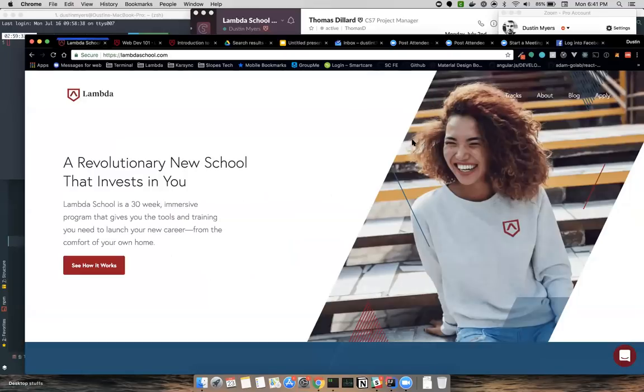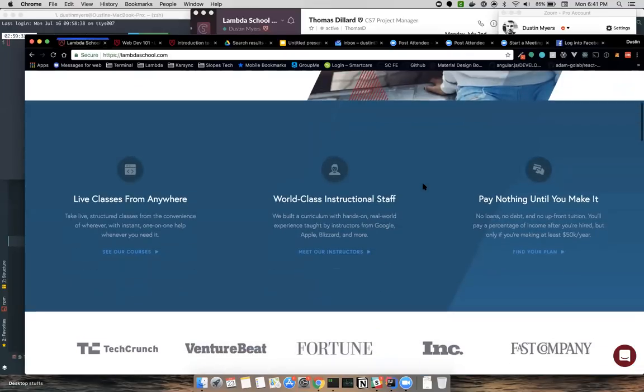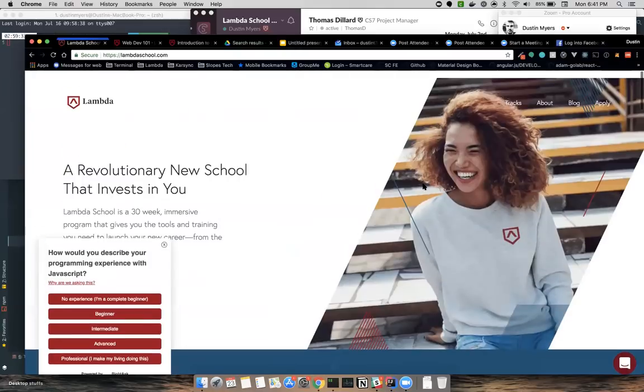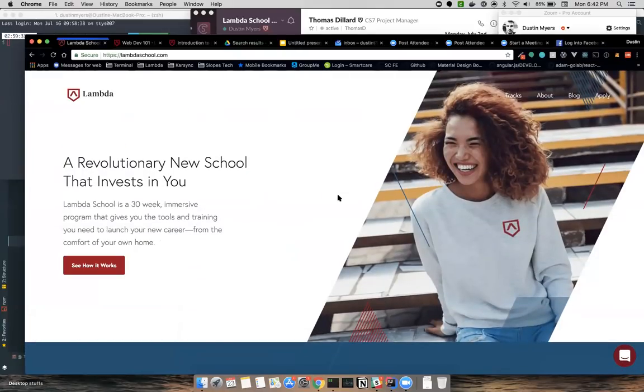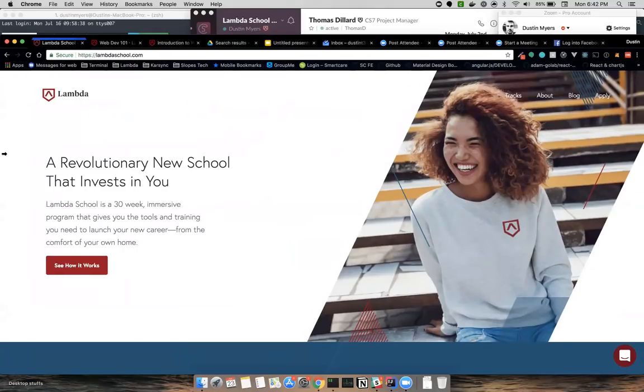If we look at Lambda School, just one last example here real quick, and then we'll jump into some coding. If we go to lambdaschool.com, I want you to take a look at just this front part right here. This landing page is what we call this. And for about 30 seconds, I want you to look at all the elements that are on this website.